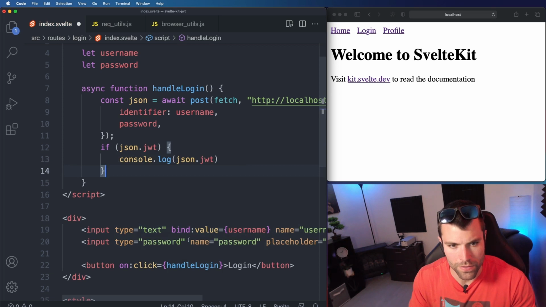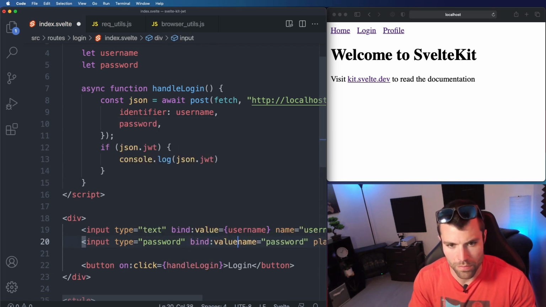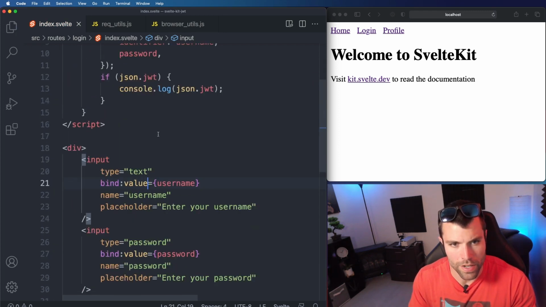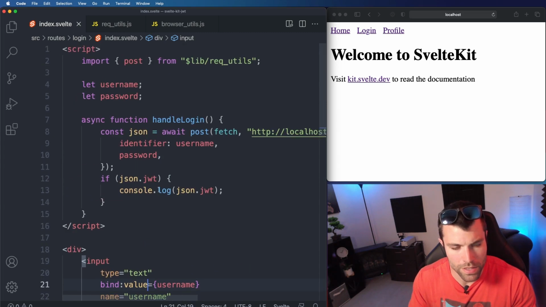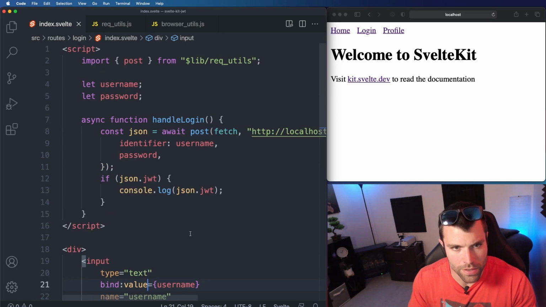And then same for this field, we want to bind the value into password. Okay, so we've got our username and password on here, and it looks like I've got some formatting going on, but that's fine. And when we click this, it submits handle login, which takes that username and password and requests